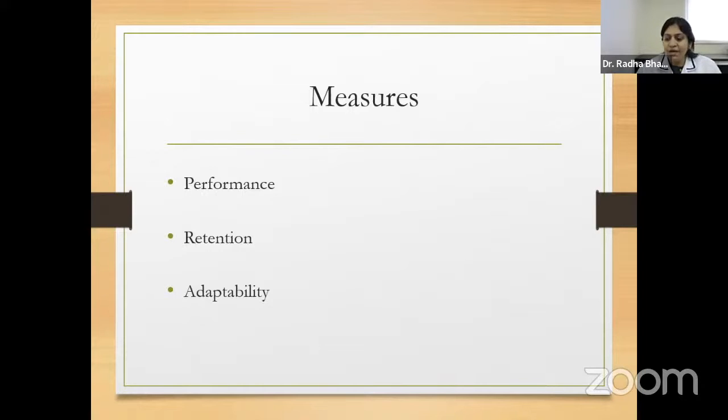Because whatever we are treating our patients or whatever we are doing for our patients, if it doesn't reflect in their day-to-day life, if they are not able to achieve that independence in their day-to-day life, then there's no sense of treating, or there's no sense of your treatment or the outcome of your treatment basically. And that is why we all are dealing with or learning this motor learning concept.